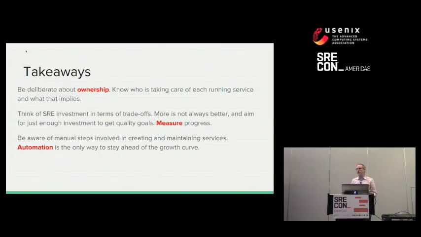And the third one, which is fairly obvious for anyone at an SRE conference, is focusing on automation. In our case, it was the insight that we're spinning up new systems at least once a week. So all the manual things that we do to set up new systems are not going to scale. We really have to focus on automation for that, so we can get ahead of that growth curve, and the next 300 systems that get spun up, we'll be able to do in a much more sustainable way.